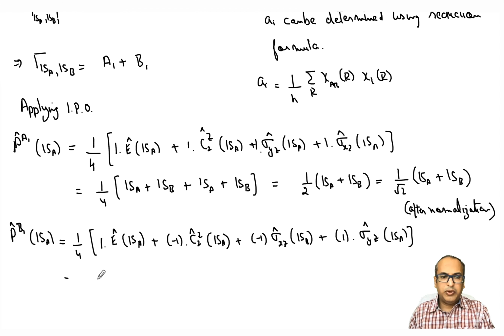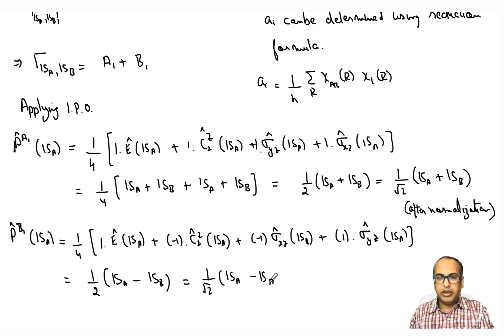Now if you do it, you will see that what you are going to get is 1SA minus 1SB. You can see the effect of this, and upon normalization we will get 1 over root 2 (1SA minus 1SB), right? So these are the two linear combinations which you will get